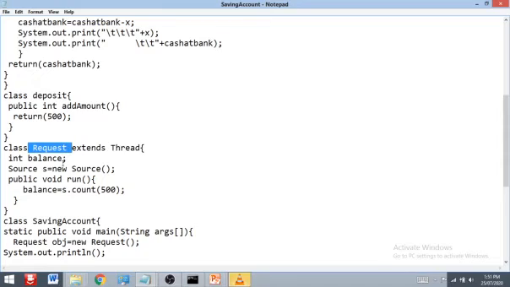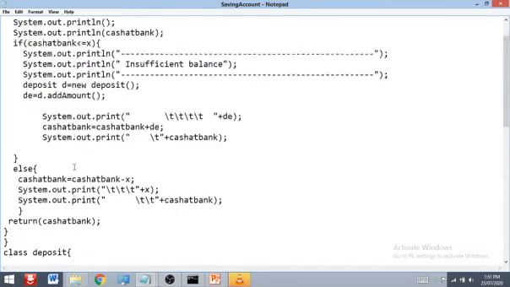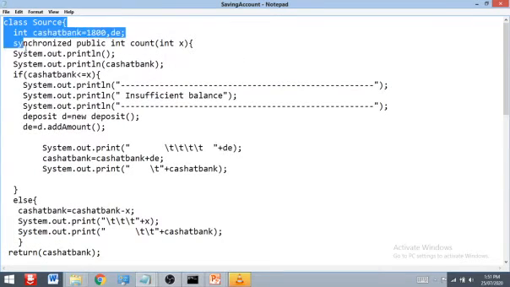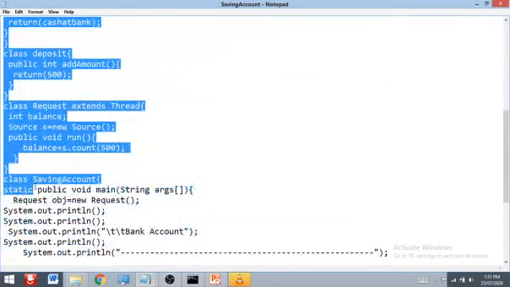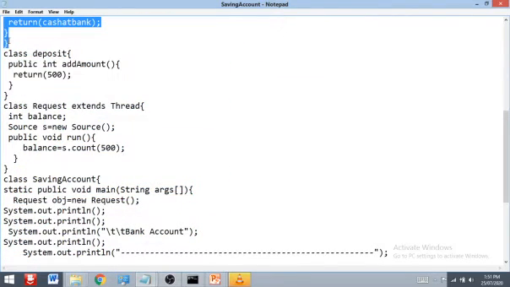Request is a class name, and it extends the Thread class. So the Request class threads are going to access the properties of Source. Source is a class. It means we have only one resource, and that resource we access in the Request class, which extends Thread.